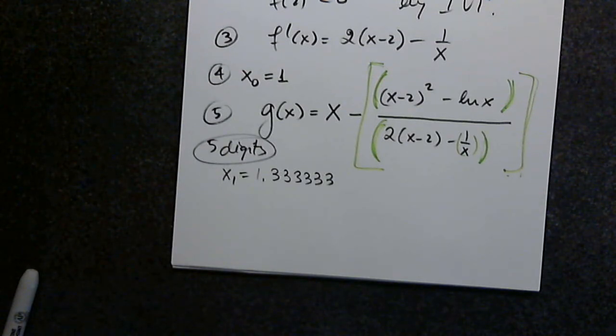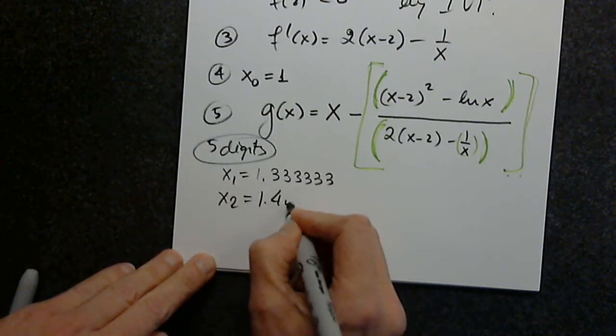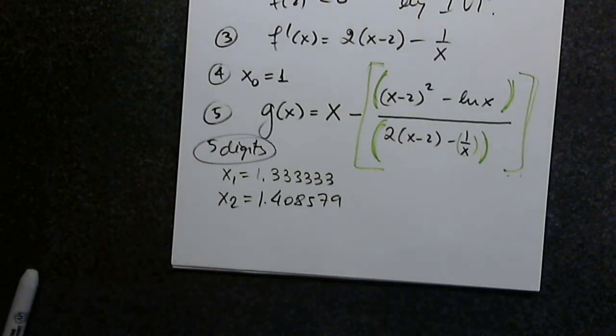That's the second one. And then do it again for a third time. 1.408579. That's X2. So this time, all I have to do is just copy the previous entry. I don't have to do anything else because you will put inside the previous answer anyway. Press enter. So this is X3,